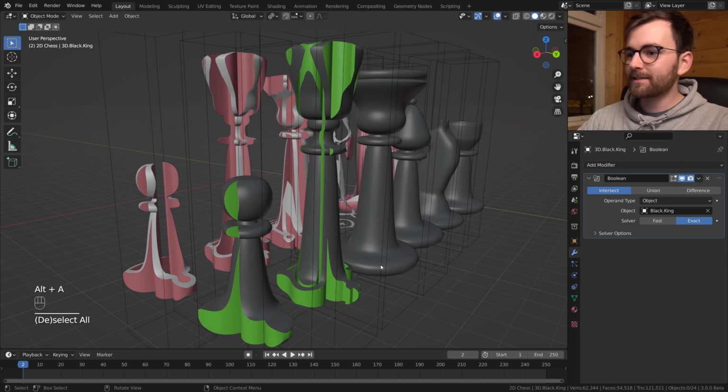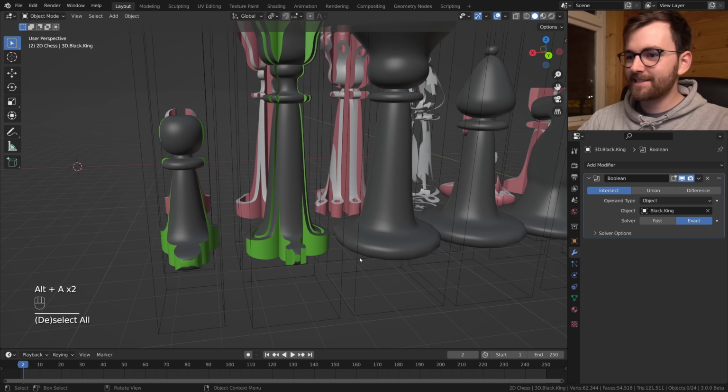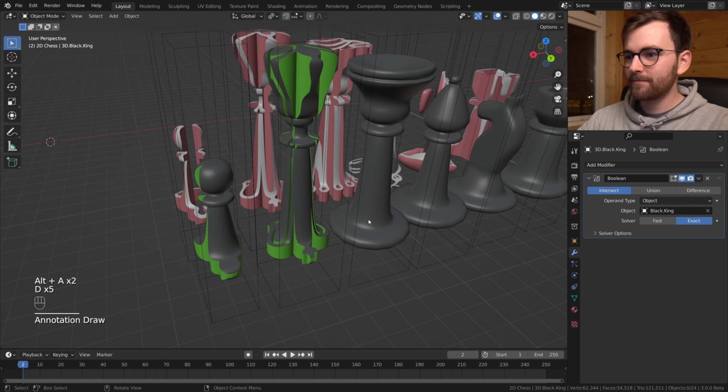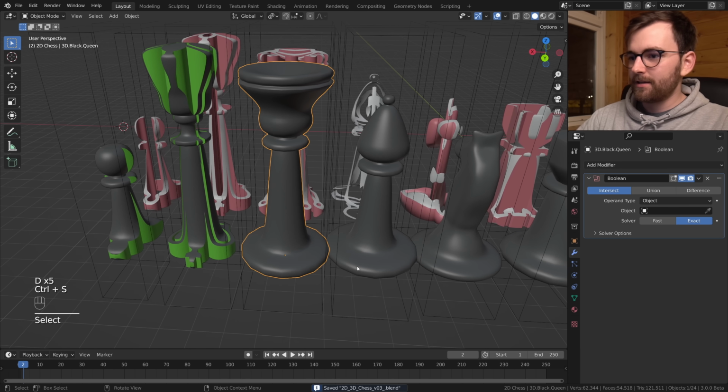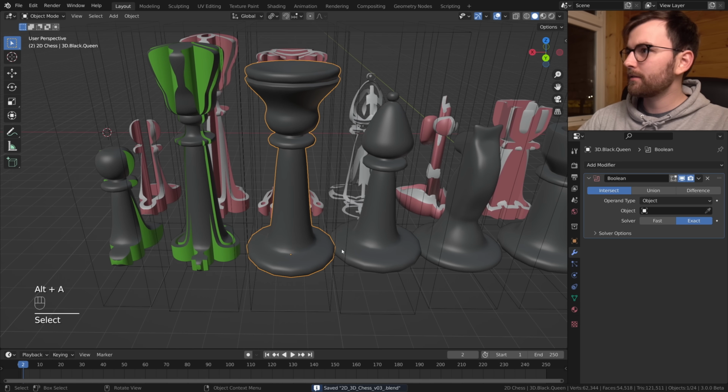Oh, look at that. How elegant is this design? It's sort of shroom. That's amazing. Now let's do the black queen. This is the black queen, yeah. And